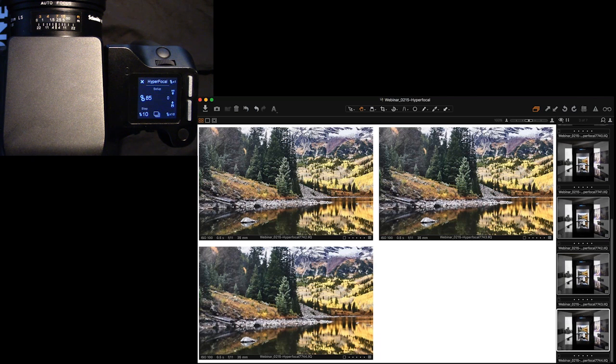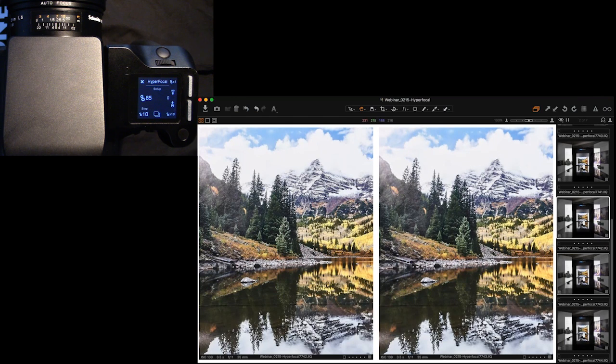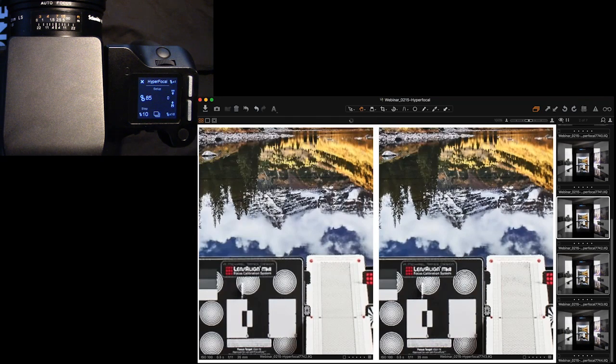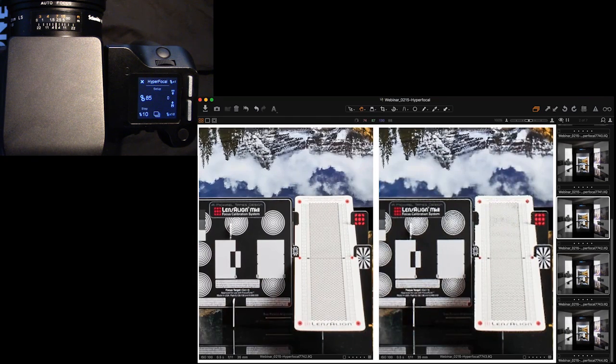So we can get rid of 105. We know that is right out. There's no way that 105 is going to be a correct hyperfocal point. But now we need to compare 85 to 95. And when you look at infinity, it's going to be very difficult to tell the difference. So then let's see what we're gaining between the two.